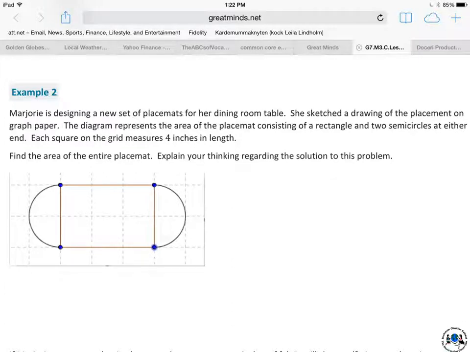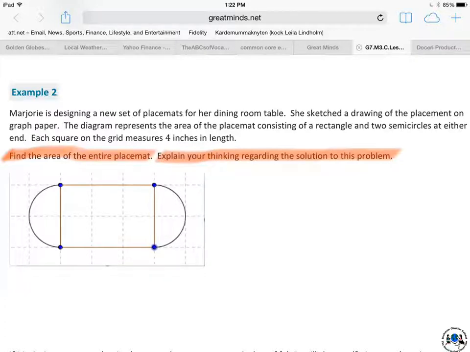Find the area of the entire placemat. And then go ahead, and I'd like you to explain your thinking regarding the solution to this problem, as clearly as possible. We could talk more about this in class because it's not so easy for me to see what you guys are doing right now. So